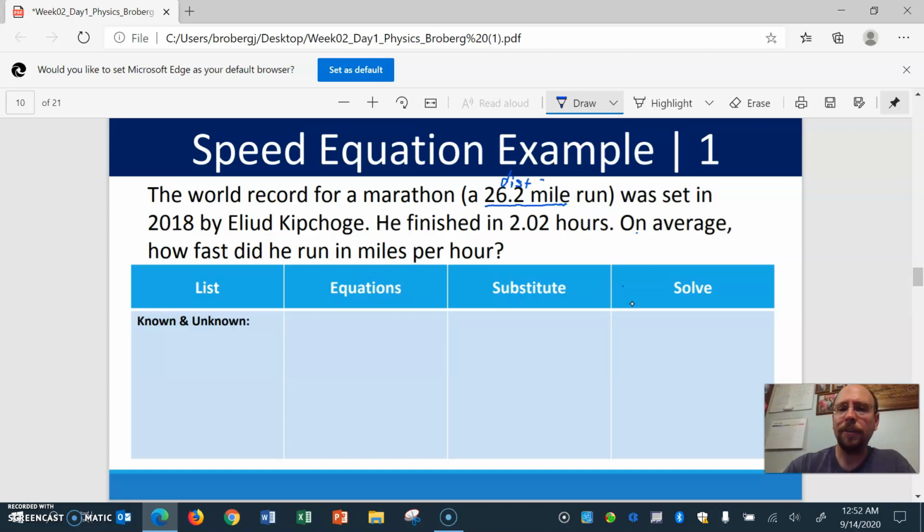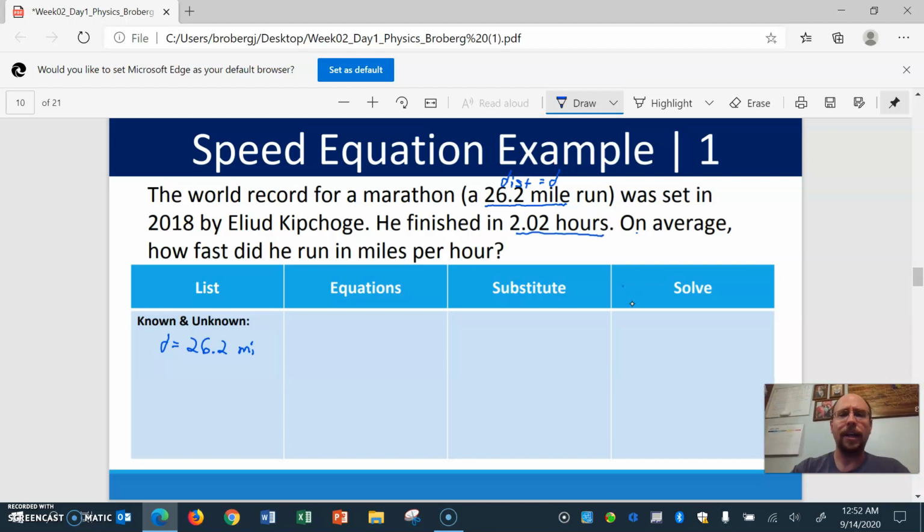But I'm going to abbreviate it just D. And over here in my list, I'm going to say D is equal to 26.2 miles. I'm going to include a unit, and I'm going to abbreviate MI for miles. That's how you abbreviate miles. We don't just use M because M means meters. So we use MI. Then, other things, 2018, well, that's a year, but this 2.02 hours, that's the other part